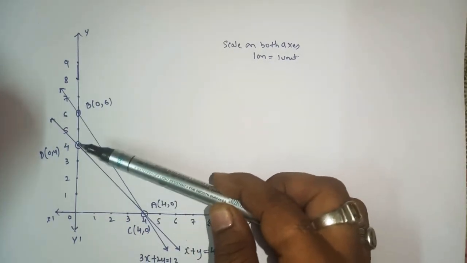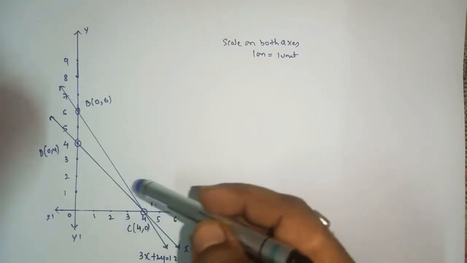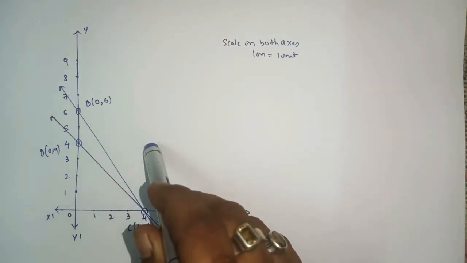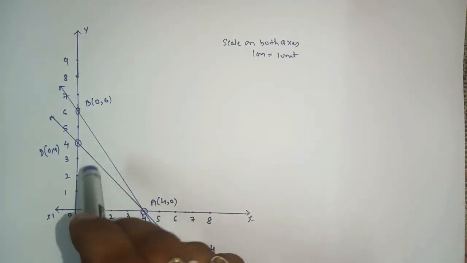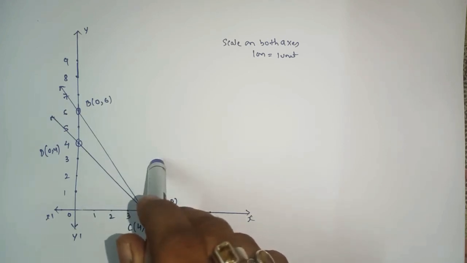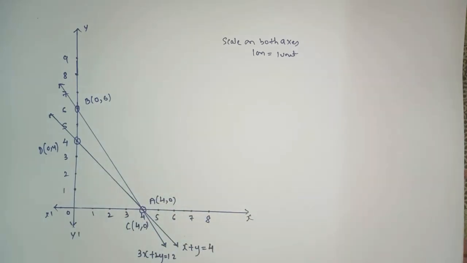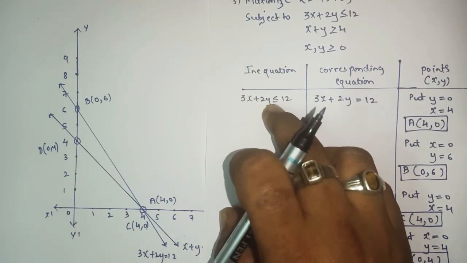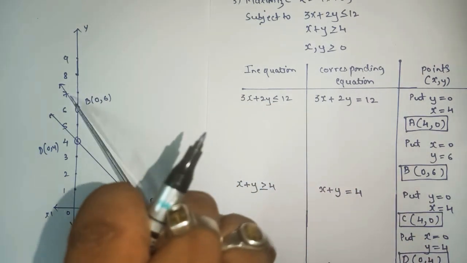Okay, so where will the feasible region come? As here we have three compartments, 1, 2, 3, the feasible region, the shaded portion, will it come inside, or outside, or in between these two? Okay, now we'll check where it will lie. For the first equation, it is what? Less than or equal to.